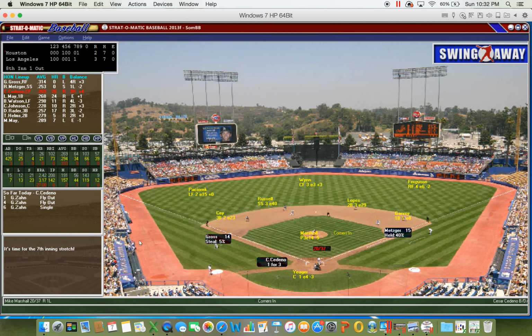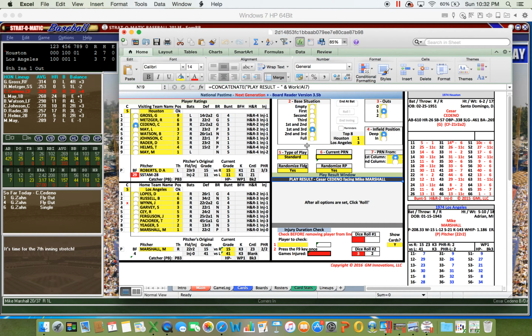This has been the story for Marshall all year. Just way more ineffective than he actually was. Here's Cedeno. We don't want to play the infield in. We'll play for the double play. And out at first. Pitcher holds. Runner at third. Runner on first takes second. So 2 down now. Second and third